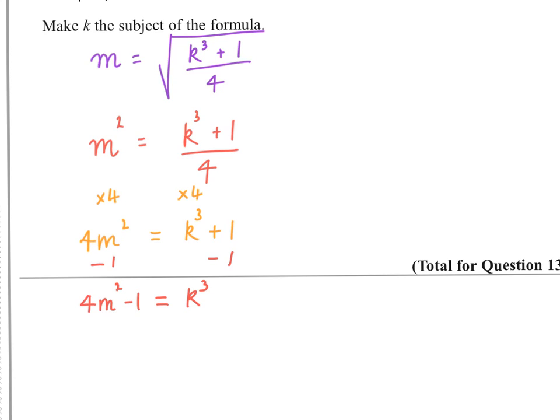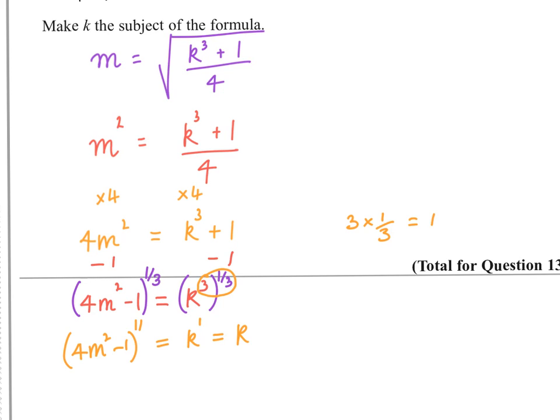Now, if we want k, we've got to do the inverse operation of cubing, which is cube rooting. So really, in essence, what you're doing is you're saying to yourself, do this to the power of a third, and then do this to the power of a third. And I think from the previous question, actually, I think that was question 11, if you have 3 lots of a third, well, you know 3 lots of a third is a whole one, and you'd end up with k to the power 1 here, which is just the k that you wanted. And then your answer would be 4m squared minus 1 to the power a third,